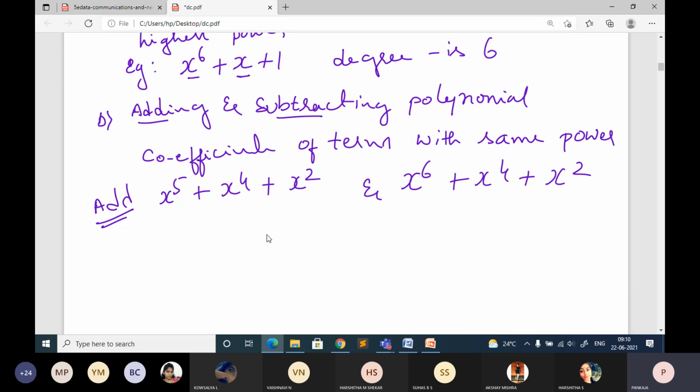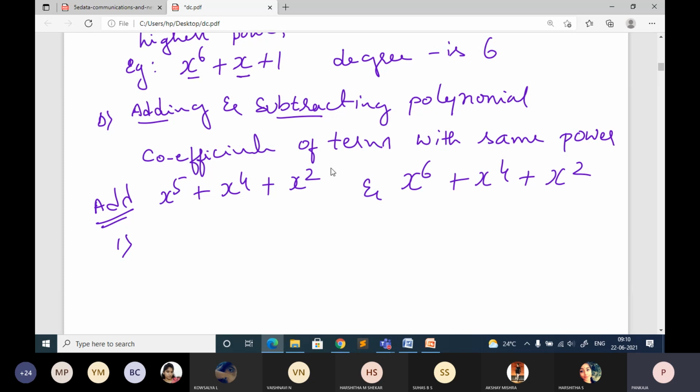Either adding or subtracting is done by combining the terms and deleting the pair of identical terms. This is the important rule you need to remember. I don't know if you learned it or not. Whenever you find any identical terms, you need to cancel them, and the remaining terms you need to combine.